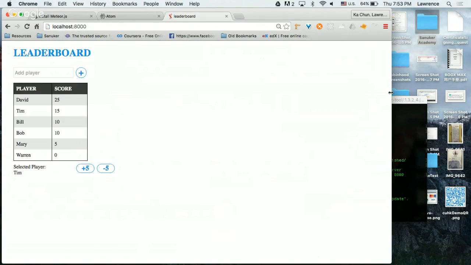We're building a very simple application called LEADERBOARD. On the LEADERBOARD, you can type in a player name, say Tom, and then you can add this into the, okay, this is not a working version. Basically, if you click the plus button, it will add into the list and give you the player name in here. Once you click +5, you can select a column, and then +5 or -5 will change the score, and automatically it will adjust the ranking. So this is the application, very simple.